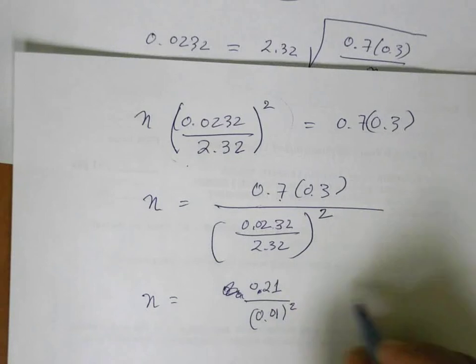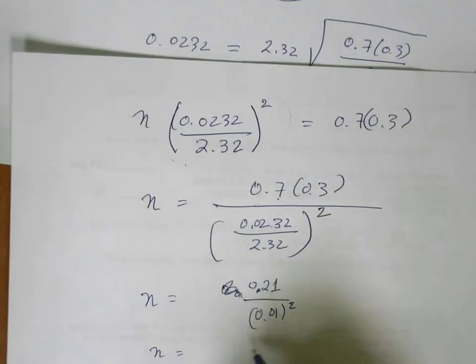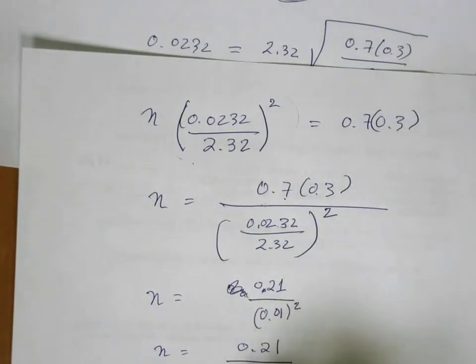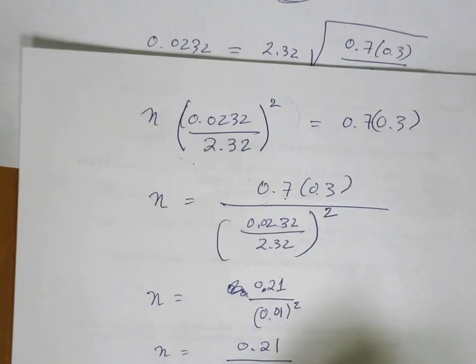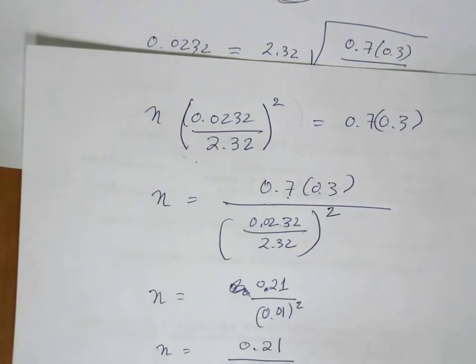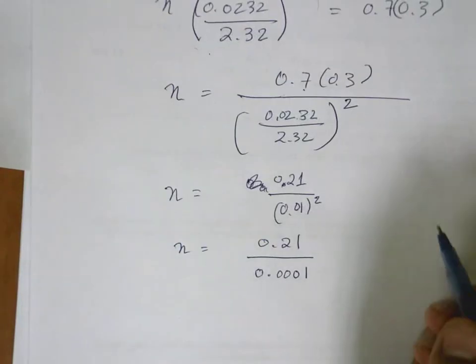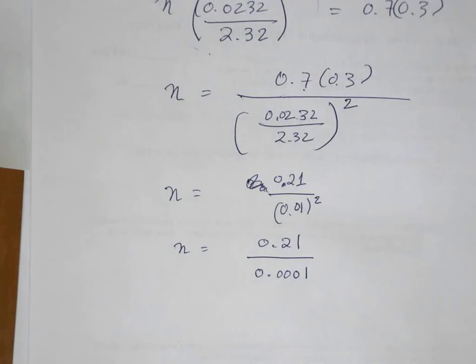So n is going to be 0.21 over 0.01 times 0.01, which is 0.0001,